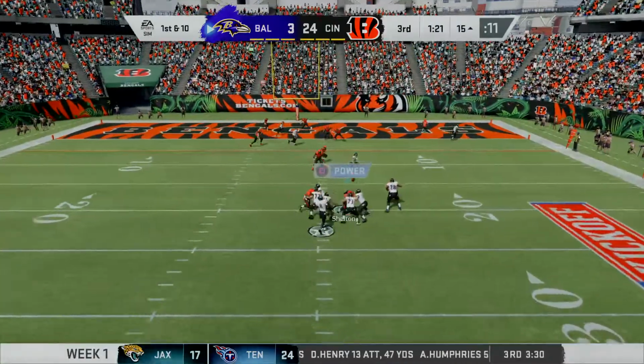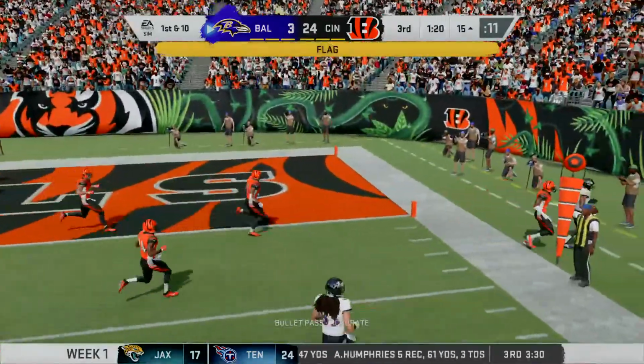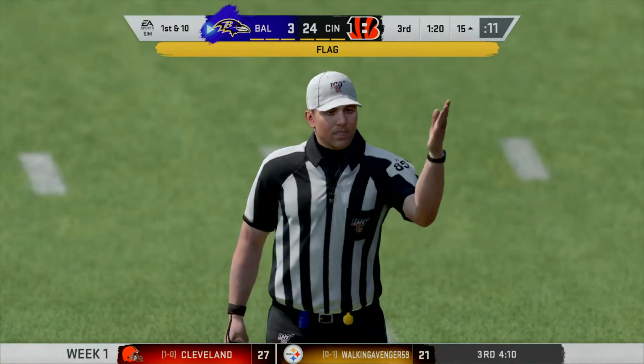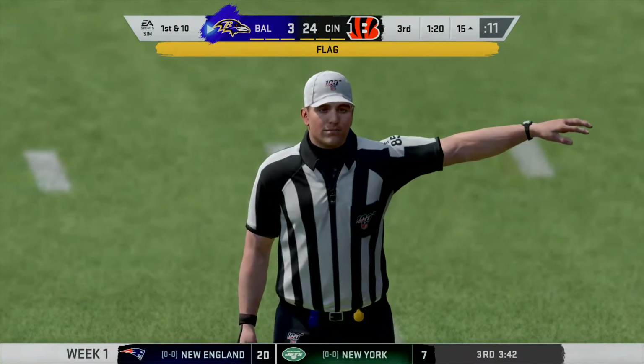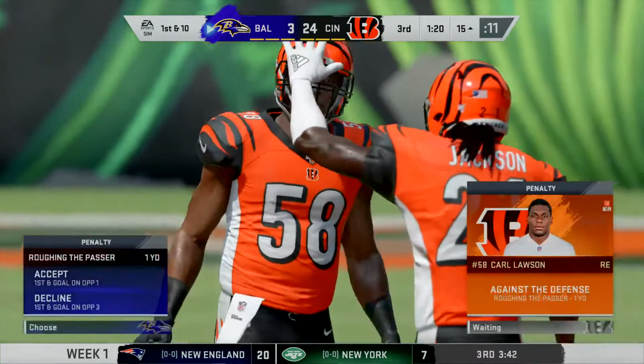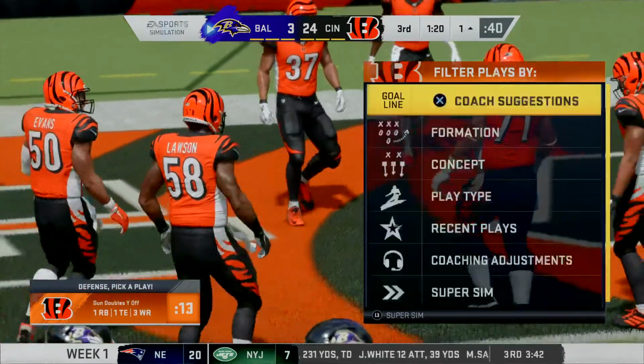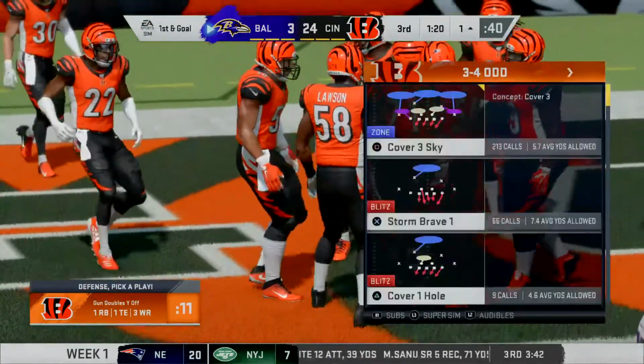Jackson. Another great throw. Catch. Oh, come on. We're going to get called for another roughing the passer. They had the ball at the 1. It doesn't even matter. Maybe a frustration penalty there. All right, so they're going to come out in a nickel. We're going to come out in a...